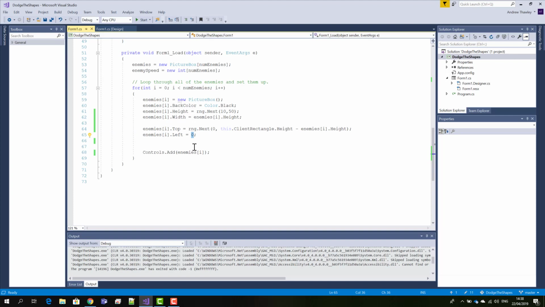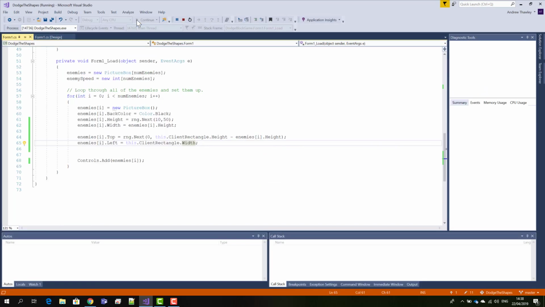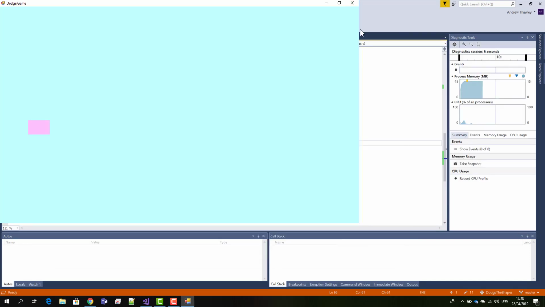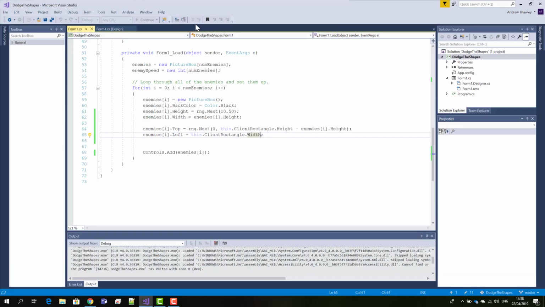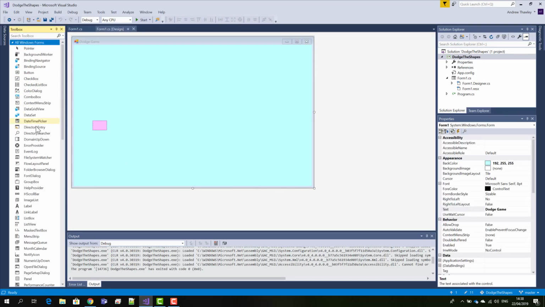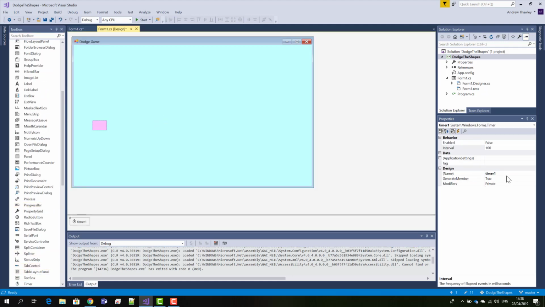Now, rather than position them on the left, we're going to put them off the edge of the screen. Client rectangle dot width. Now at the moment, when I do this, we're not actually going to be able to see them, because they're hidden off the edge over here. So what I now need to do is get these moving. And to achieve that, we're going to use a timer object. So I'm going to go to all Windows Forms, look for the timer, drag that on, let's rename that timer game,